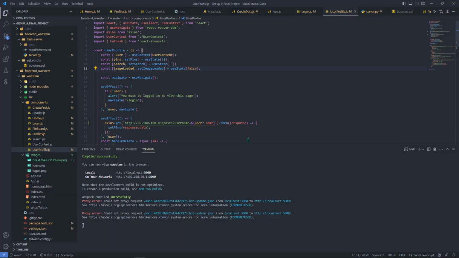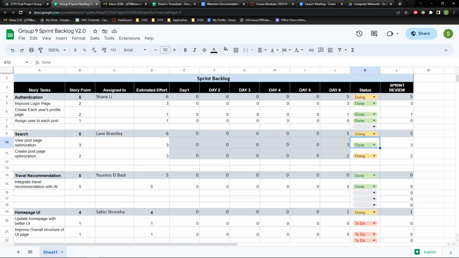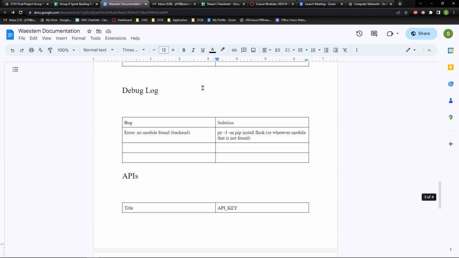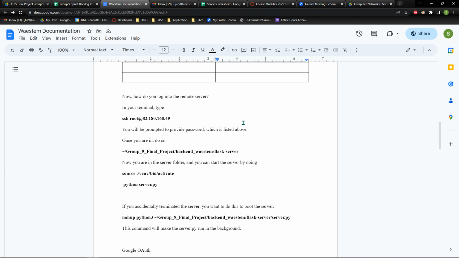Also, if you really want to look at the backend, you can still run localhost by running the server.py. And I added some instructions on how to access the remote server as well. But make sure you don't mess with the remote server, otherwise it's going to break. It's kind of complicated to set up, but if you just want to run it, it's easy. Just run this in the terminal and then go to the virtual machine,